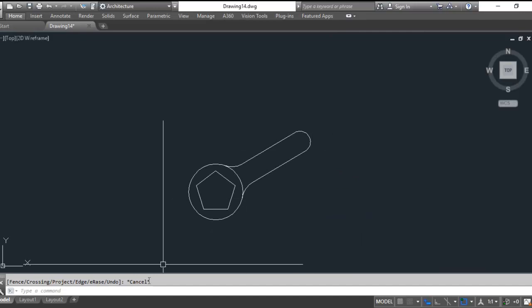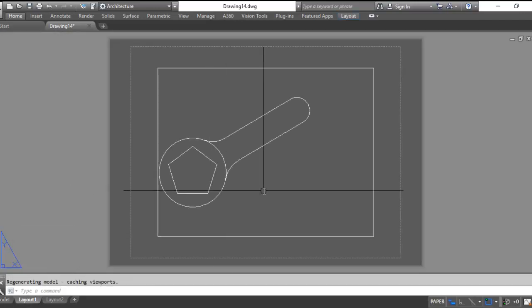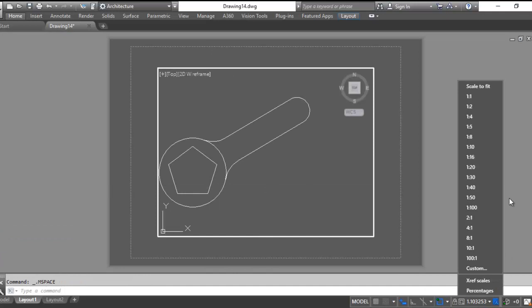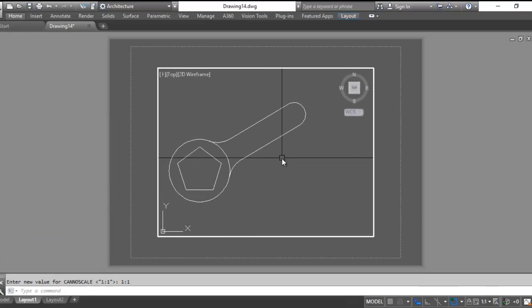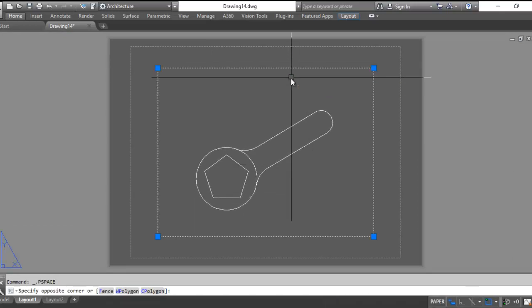Now this guy's a little bit bigger. Let's go to our paper tab, see if we can get it to fit 1:1 scale. Oh, yeah, it still fits. Lock it down, and then save